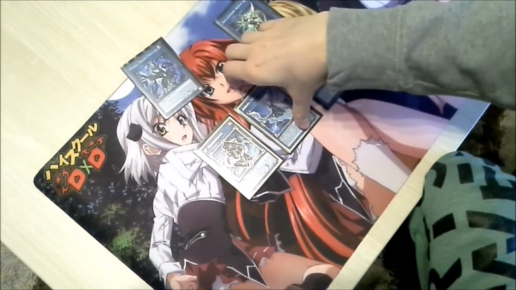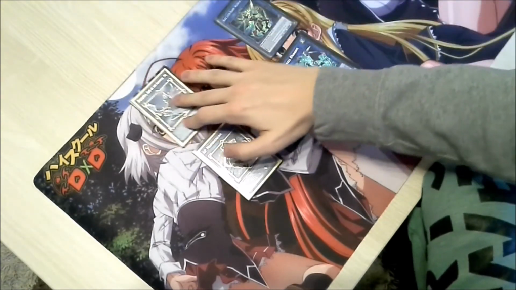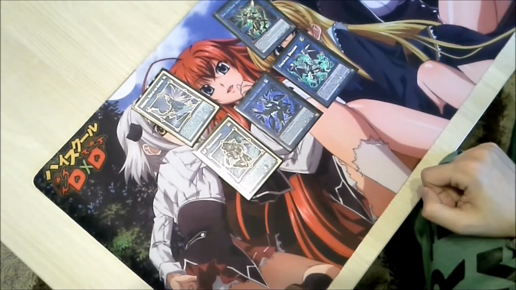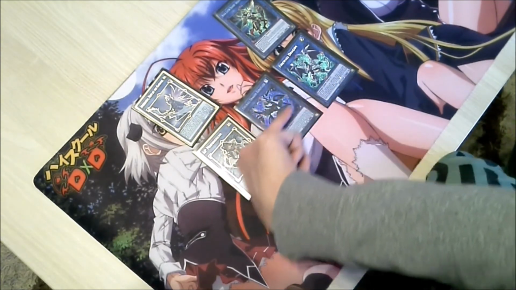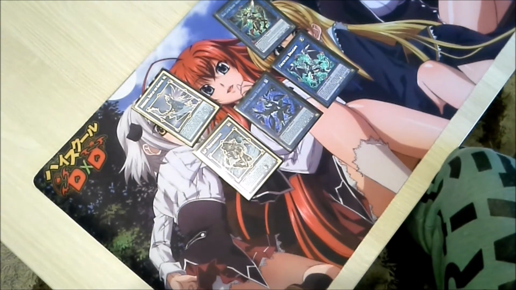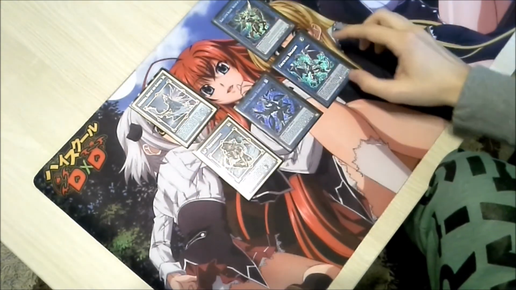let's do it like this actually. Now, Firewall Dragon's left link arrow is pointing towards Firewall Dragon Dark Fluid, and so is Firewall Dragon Dark Fluid's right link arrow pointing to Firewall Dragon, the regular one. Now that is basically a co-link, and you have to summon your link monsters in a way that they are